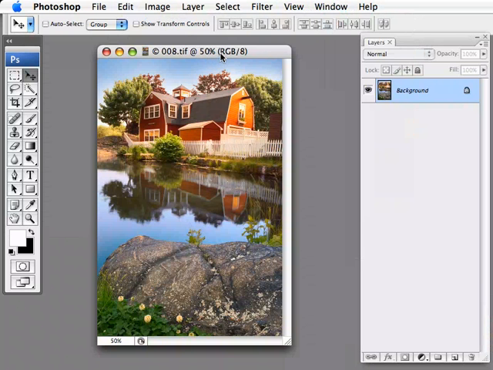Sounds simple, but I want to show you how powerful it is. But before I do that, let me show you the old-fashioned way and show you that the old-fashioned way has a nice new feature in and of itself. If I wanted to convert this image to black and white quickly the old-fashioned way, what I would do is